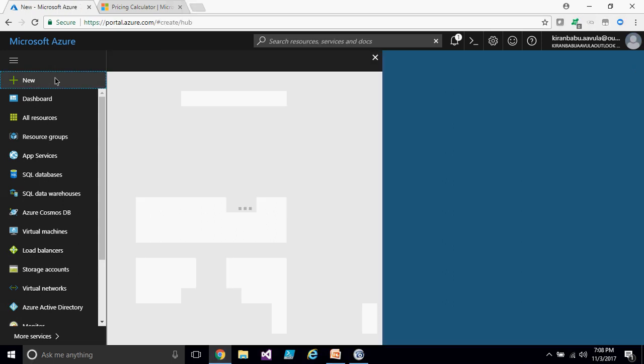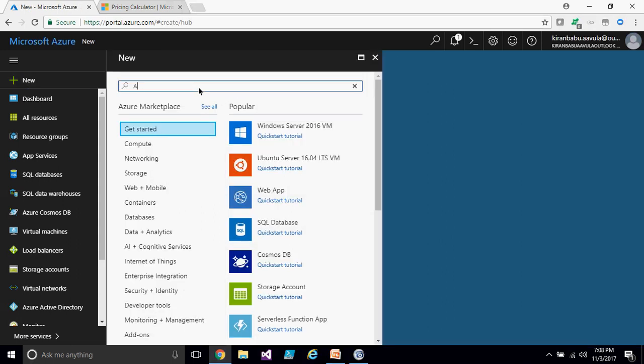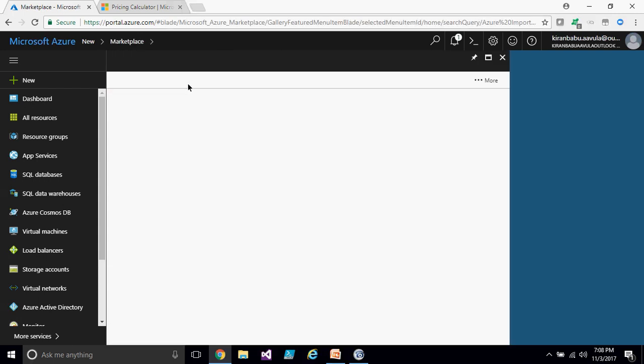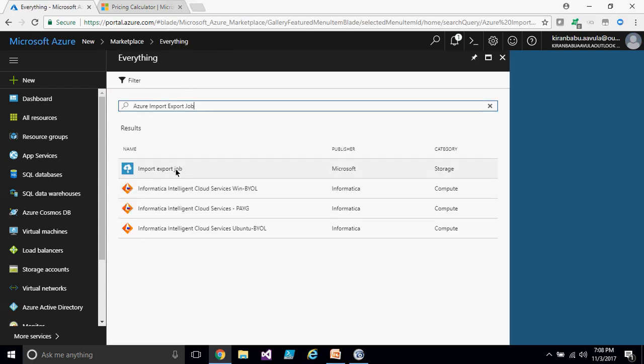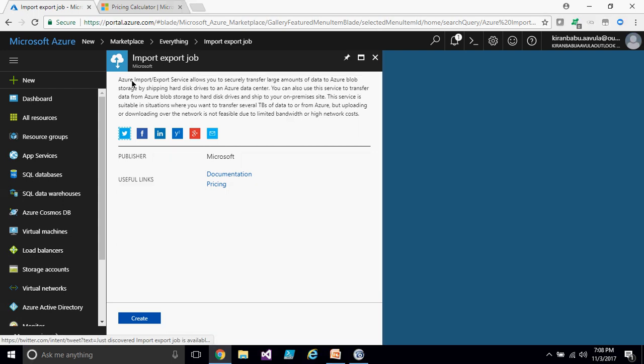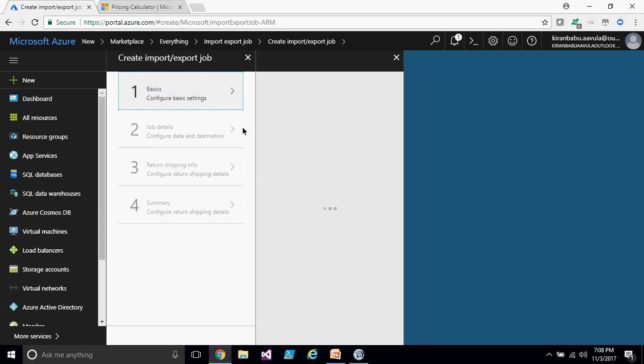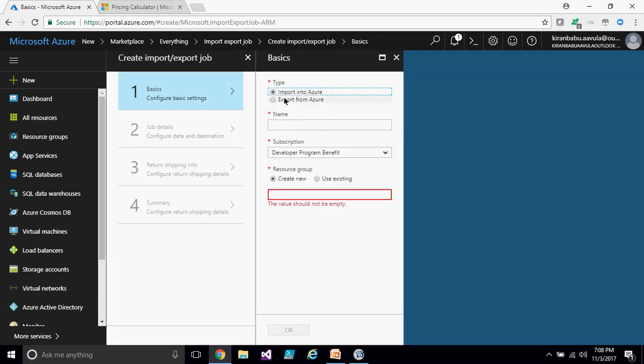Yeah, offline backup, right? I'll just show you how to create that. This is the option, import export job. If you want to do an offline backup, first you have to create an import export job in the portal. So what do you want to do? You want to import into Azure. You'll say my company, and then